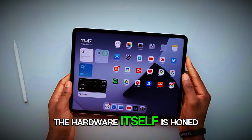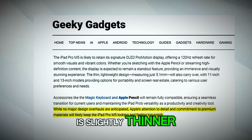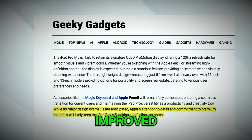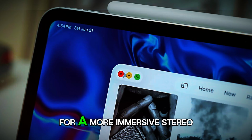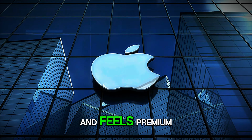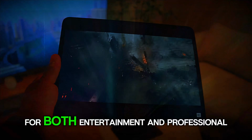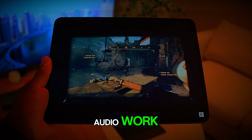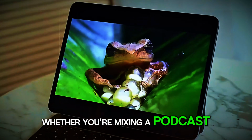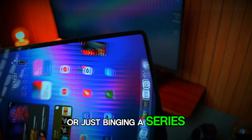The hardware itself is honed in subtle but impactful ways. The chassis is slightly thinner, the internal heat management is improved, and speaker placement is optimized for a more immersive stereo field. The net effect is an iPad Pro that looks and feels premium, runs cooler under sustained load, and sounds fuller for both entertainment and professional audio work. Whether you're mixing a podcast, cutting a rough video edit with temp audio, or just binging a series, the difference